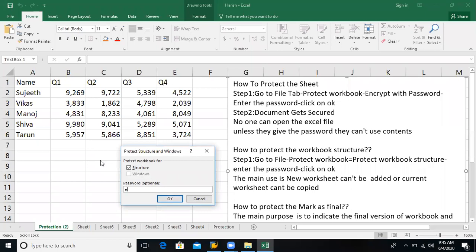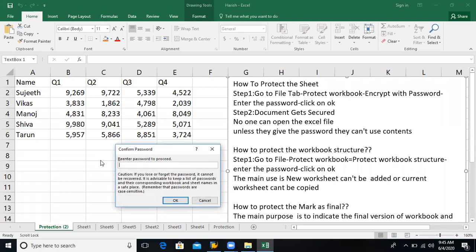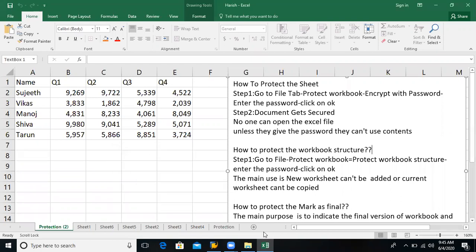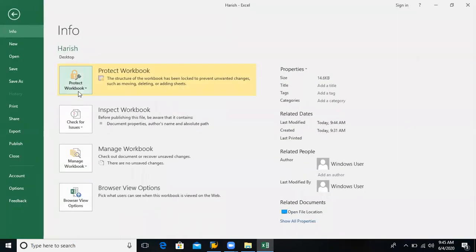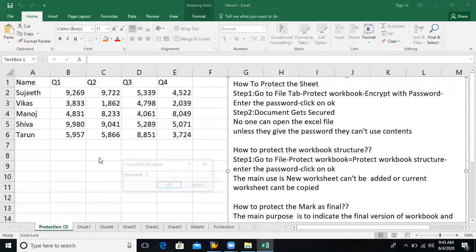You enter this password. Now you can't add a worksheet, nor move or copy. It's going to be disabled unless you enter the password.